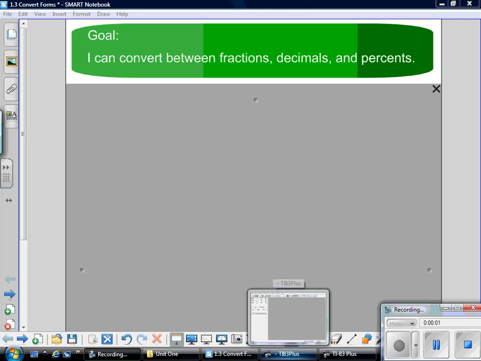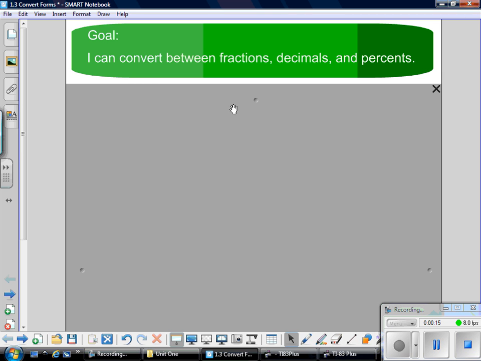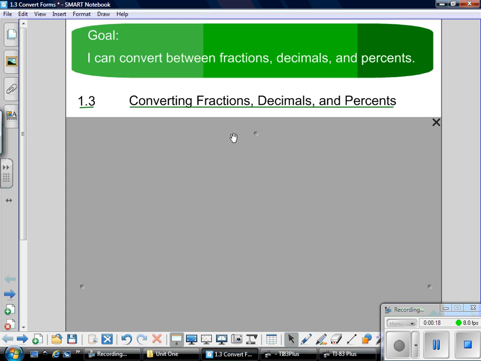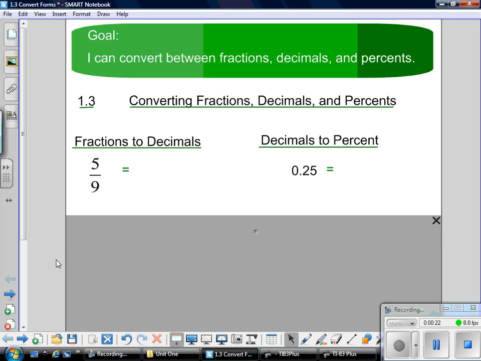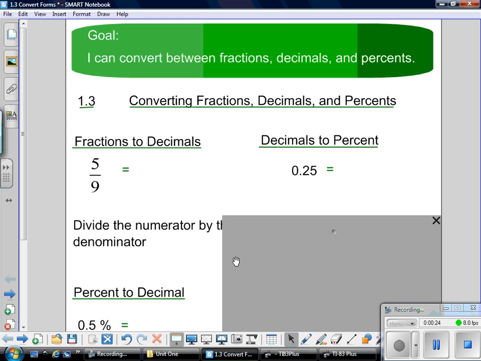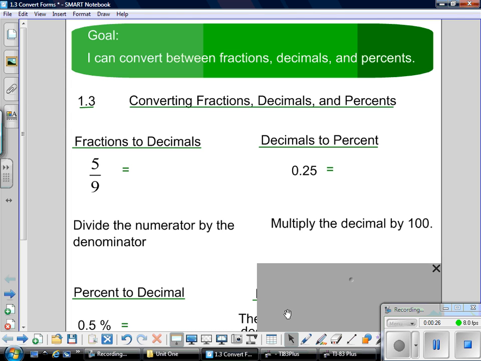Today's lesson is I can convert between fractions, decimals, and percents. Again, a review of what you did in elementary school. So let's try to get all that information back into your head so that you can use it. All right, so section 1.3, so the third major lesson. So what we're going to do is we have a couple different things. First one we're going to work on is